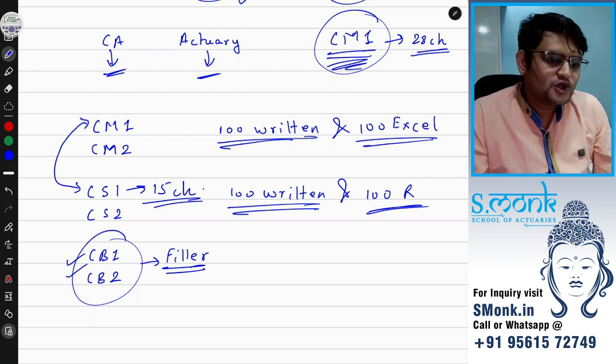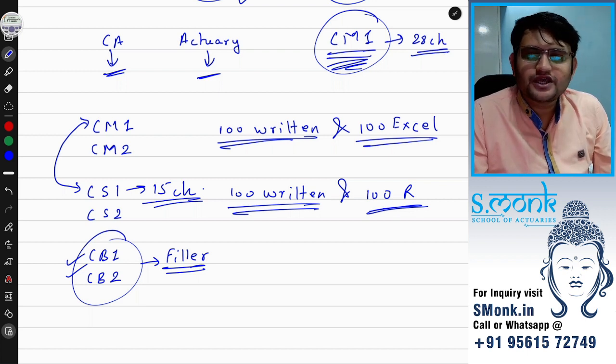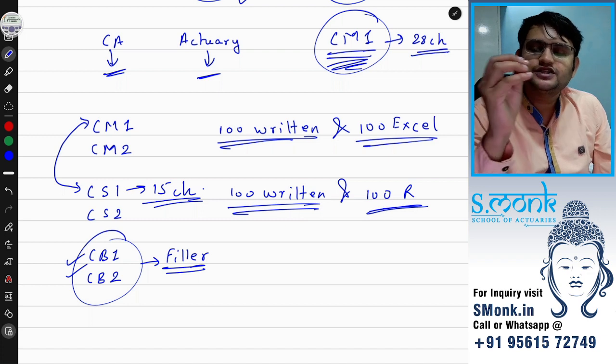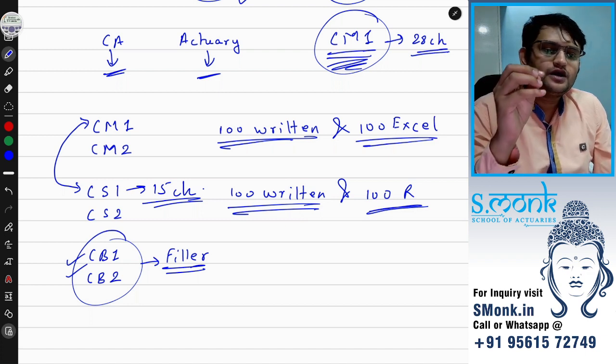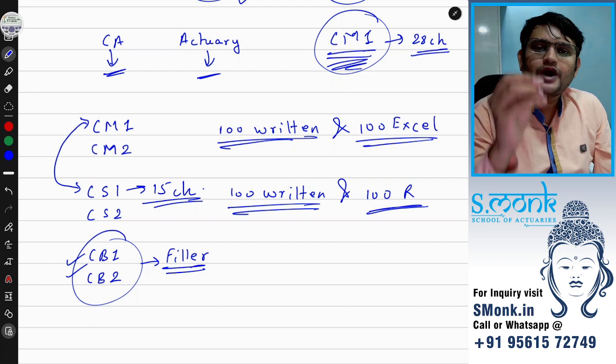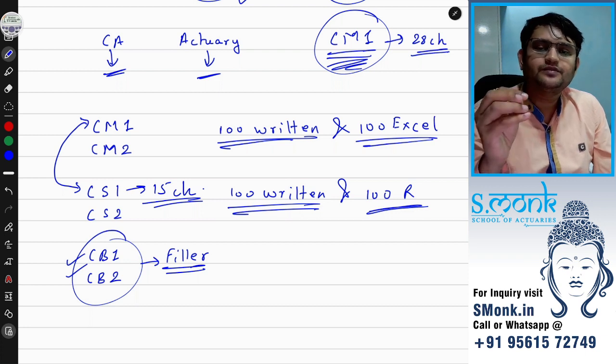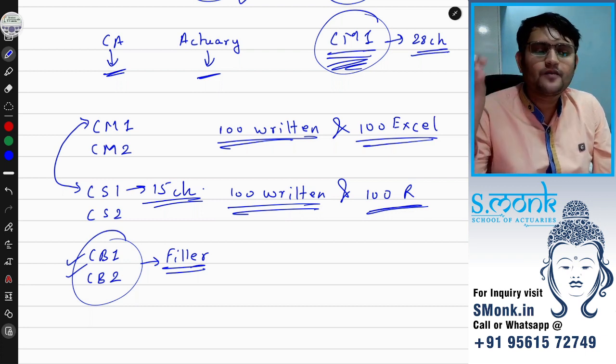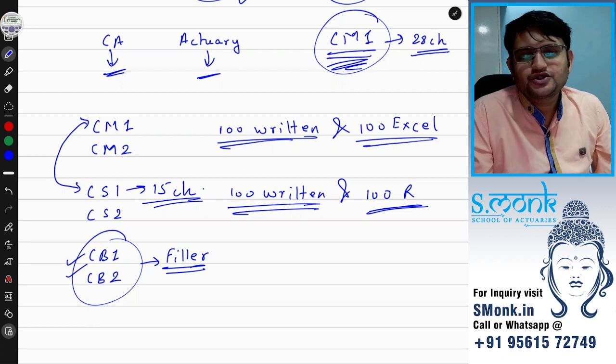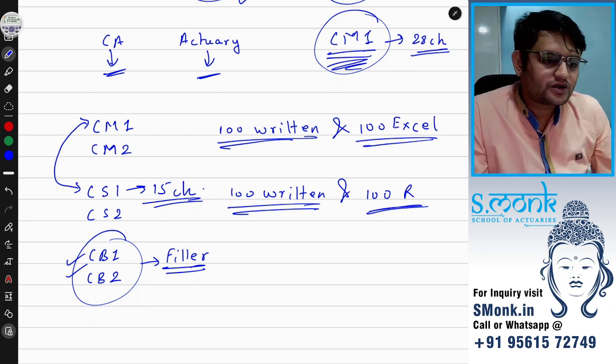So if you are doing BSc in actuarial science, you will be studying the same things, but you have to give these examinations from IFOA or from IAI to make sure that you get a job later on.